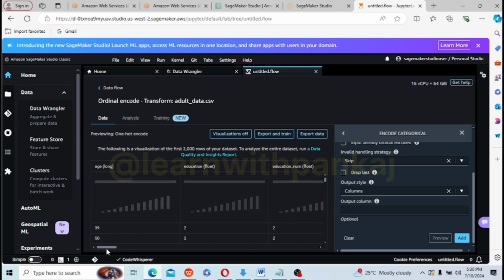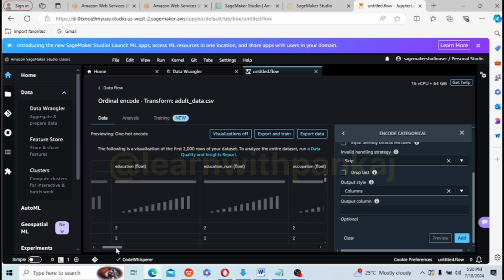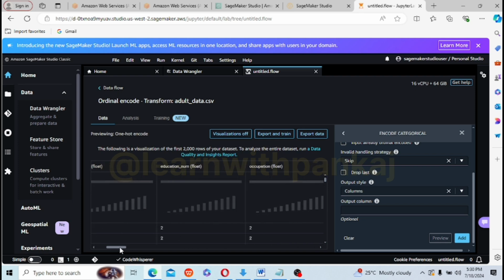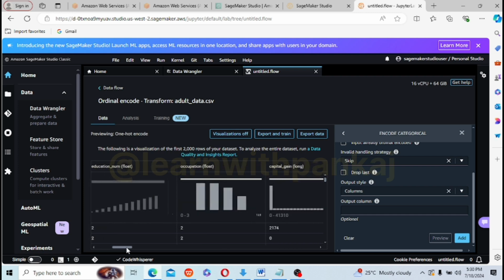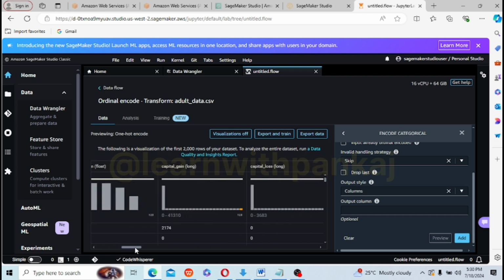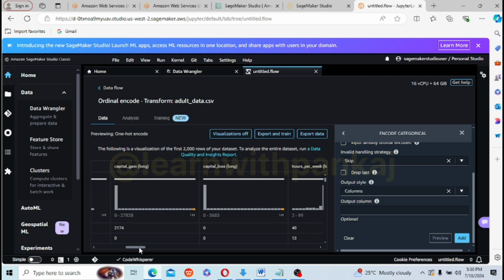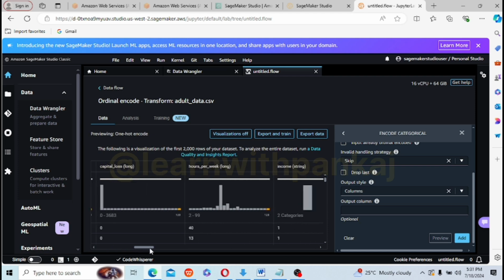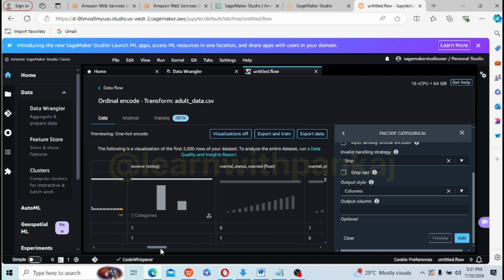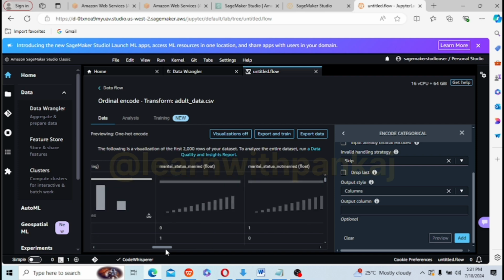So age we have in number, education we have entries, education num we have entries, occupation. Now what happened here? Capital gain is okay, capital loss is okay, hours is okay, income is okay, marital status. Once we apply one-hot encoding, different columns have been created for marital status.